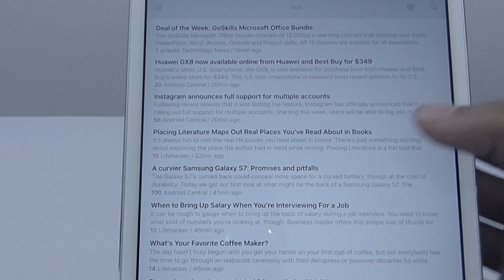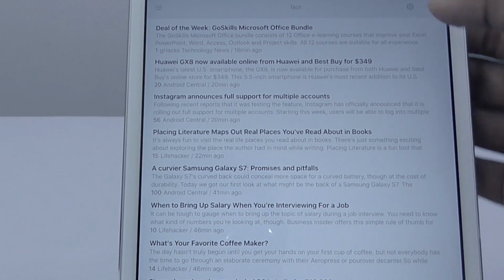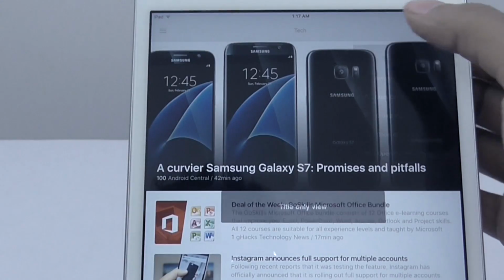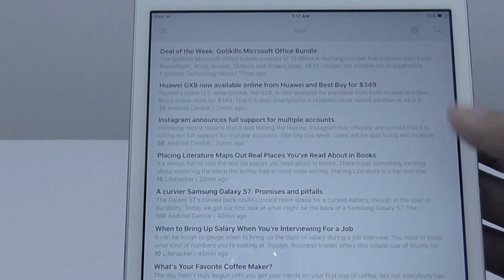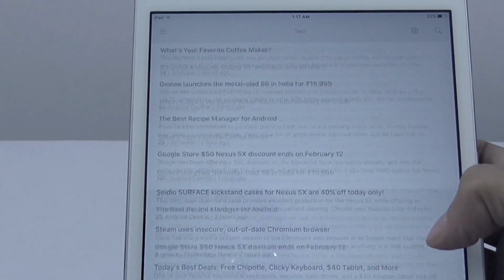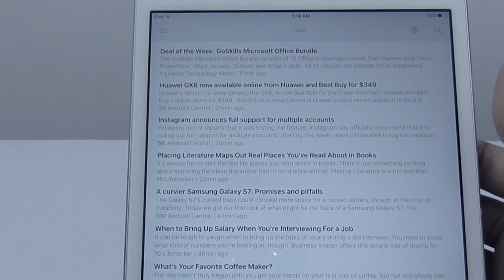Now, if you don't like how it looks, then tap on the gear icon and change it to something else that you would like: list, magazine view or cards. I like to use the list view with no images layout since it is easy to scan, but you can choose whatever you want. And the cool part is Feedly can also remember your personal preference for each category.